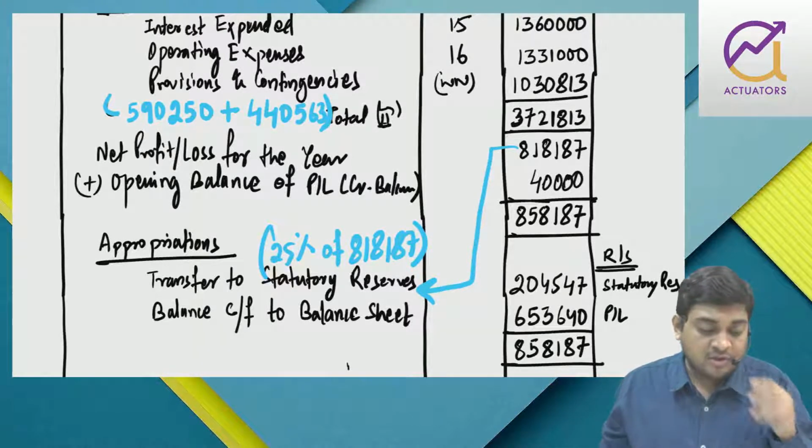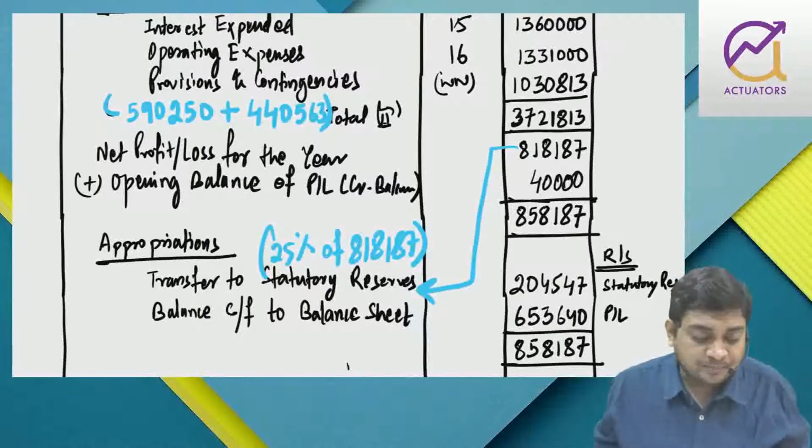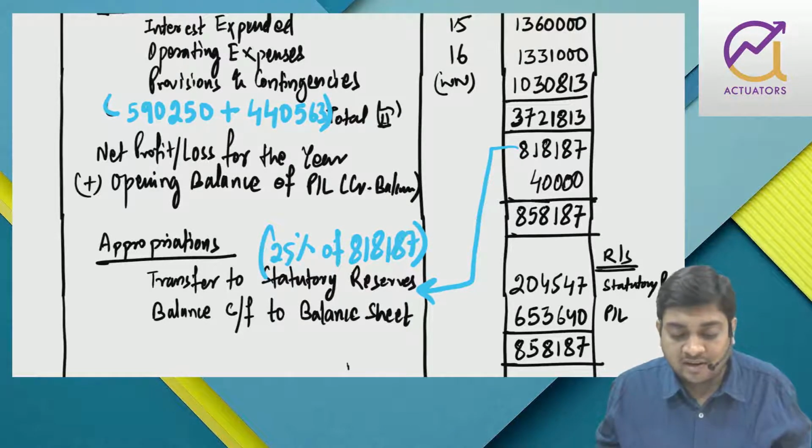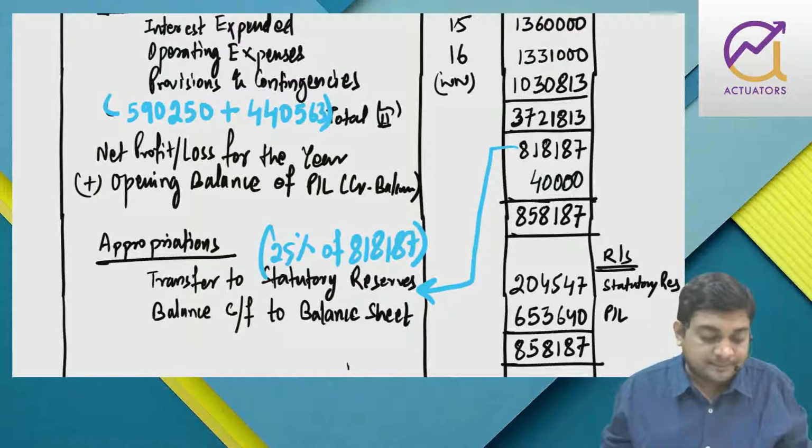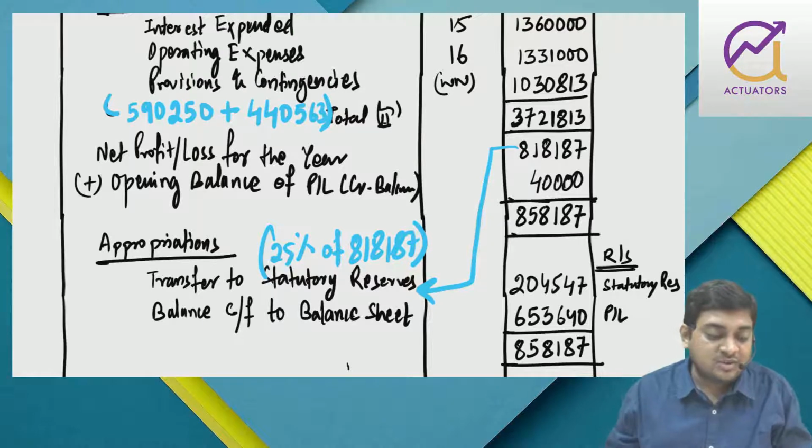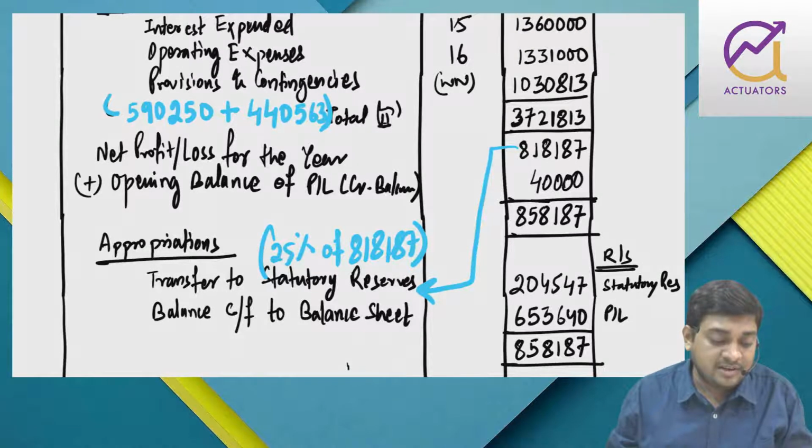From the following information of Bank Limited, prepare profit and loss account of the year ended 31st March 2018. Fine. They have given interest on cash credit, interest on overdraft, interest on term loan, income on investment, interest on balance with RBI. So all types of interest income is interest and discount. Commission, commission, commission. This is other income. Profit on sale of land and building, other income. Loss on exchange is other income.